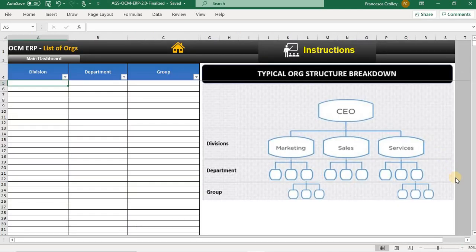Before providing an overview of the Unique List of Orgs page, let us first address the key reason why we chose to use a unique list structure. To ensure consistency in nomenclature, it is a best practice to use a centralized list of names. This list will then be used as a drop-down menu on the template database in some of the modules within the OCM ERP tool for business change planning and management. This structure is important because it ensures that you or anyone else entering data is using the same nomenclature when